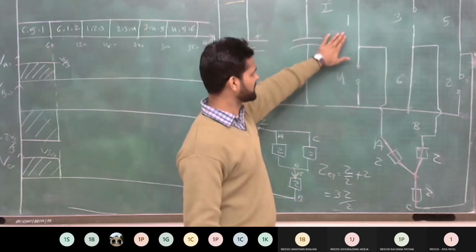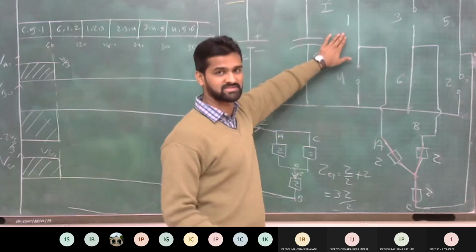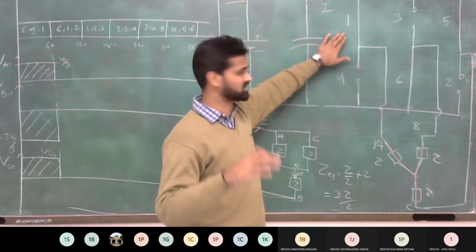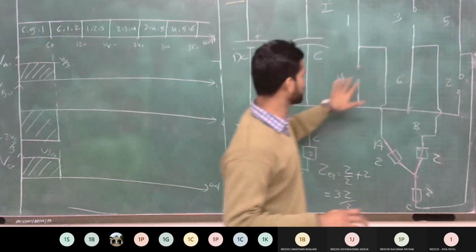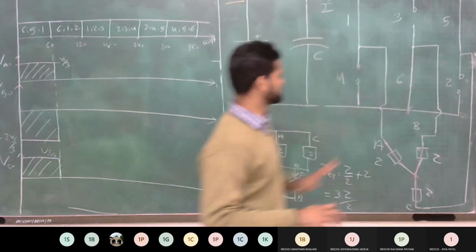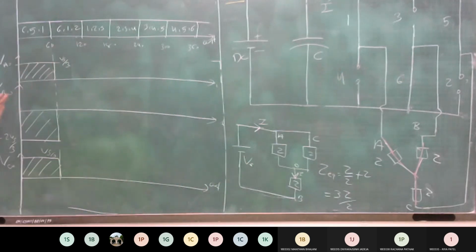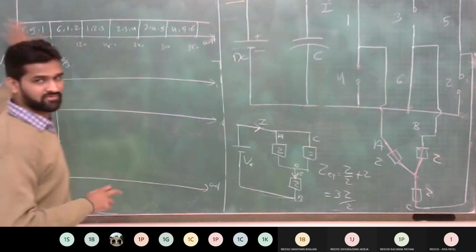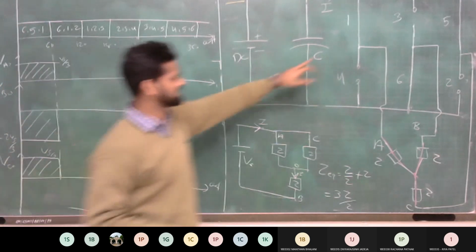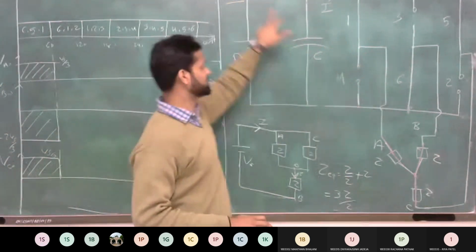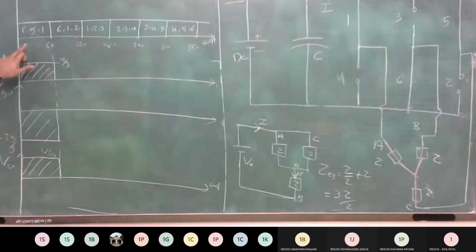Minimum 6 switches are required. You write the name of the thyristors based on the sequence in which they are numbered: 1, 2, 3, 4, 5 and 6. Clear? And we see the conduction duration of each and every device. Here it is a 180-degree mode of conduction. It means each and every thyristor is conducting for a 180-degree duration. Clear?